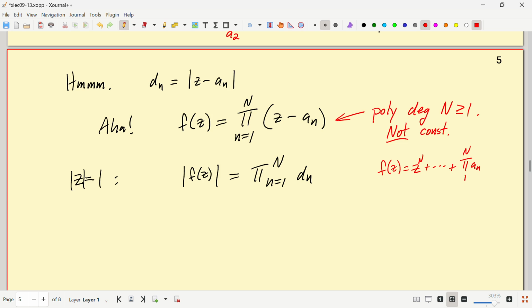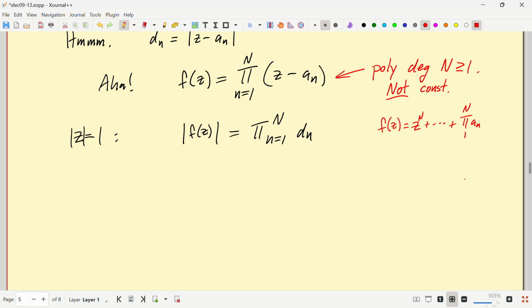I guess you'd have to sit around and think for a while before it would occur to you. Where can I figure out exactly what the modulus is? Yeah, exactly, right. So if I sat around here and acted like I was lost, eventually somebody would think of it and tell me to test the modulus at 0. The modulus at 0 is the product of the minus a_n's from 1 to n. And of course those are all on the unit circle. So that's equal to 1.